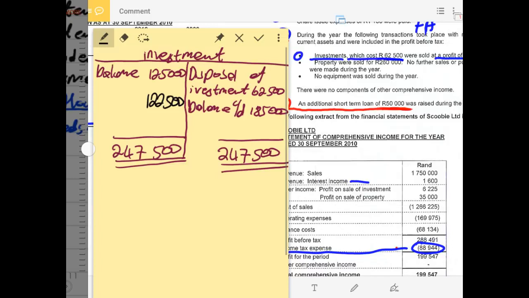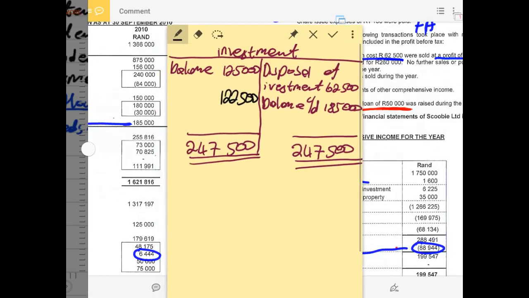After we have recorded the 62,500 that was sold, the difference is on the debit side. That means there was another investment that was raised during the year. So the contra entry here will be bank, meaning we took money from the business during the current year and invested it in an investment account. Therefore, this will be acquisition of investment. We have acquired another investment during the current year that amounted to